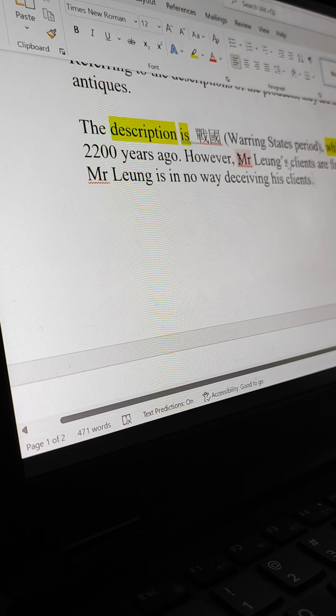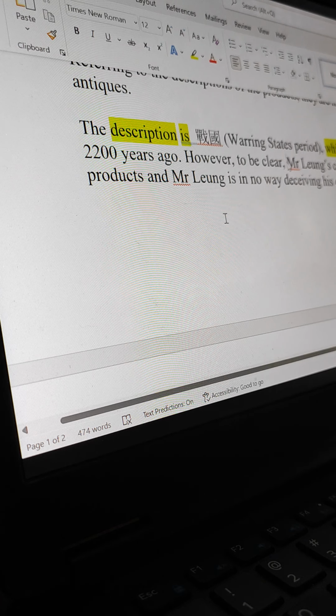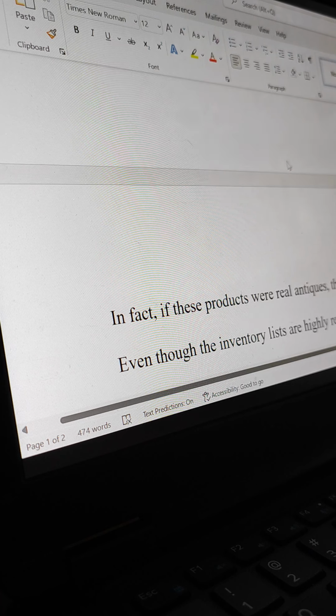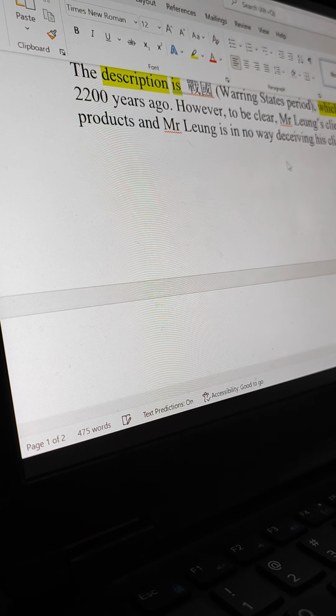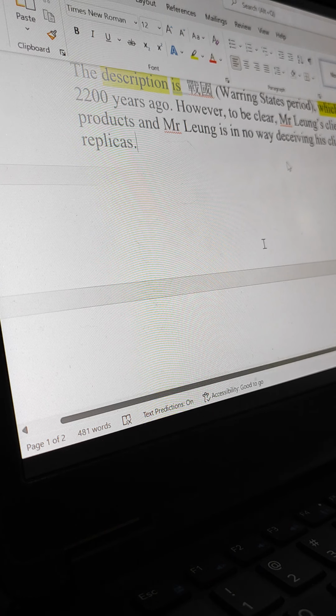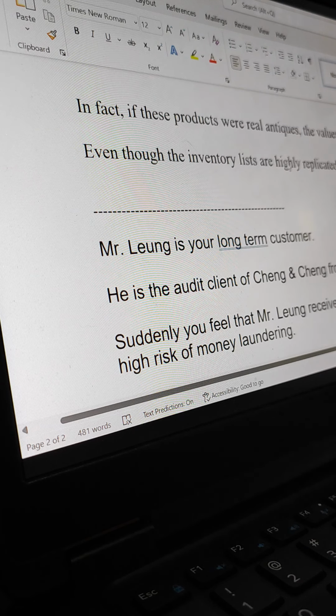I mean, it's up to you, but if it was me, I would add something like this: "However, to be clear, Mr. Leung's clients are fully aware that these are replica products, and Mr. Leung is in no way deceiving his clients. They know that they are buying replicas." And then, "in fact, if these products were real antiques, the value would be